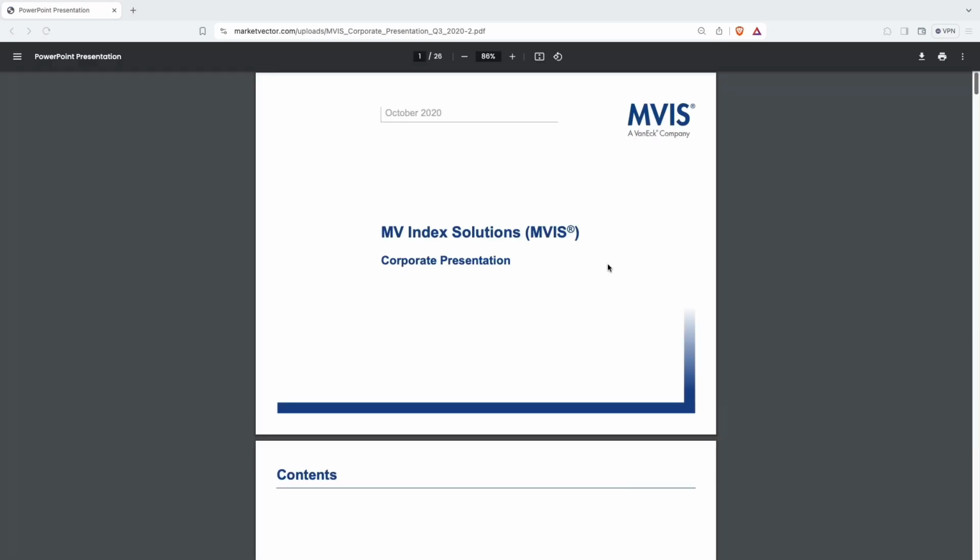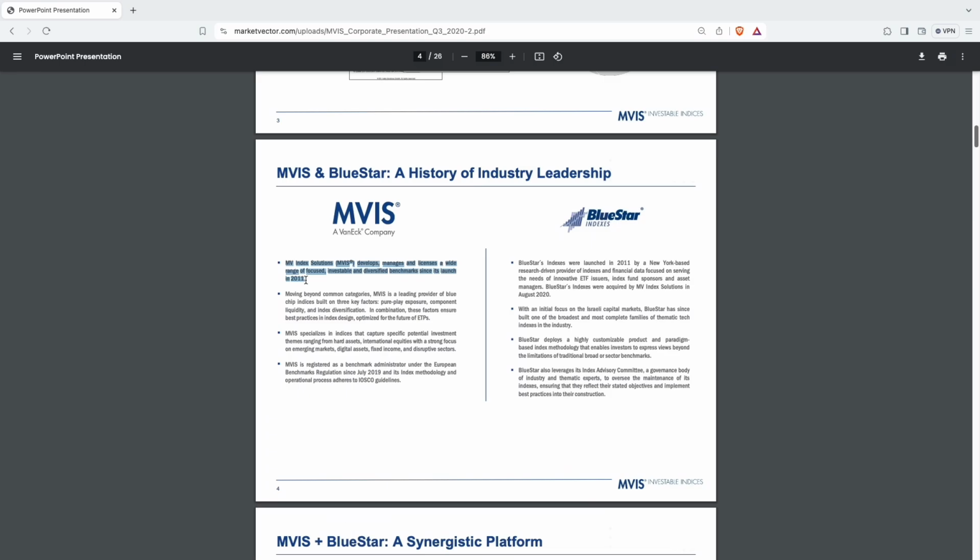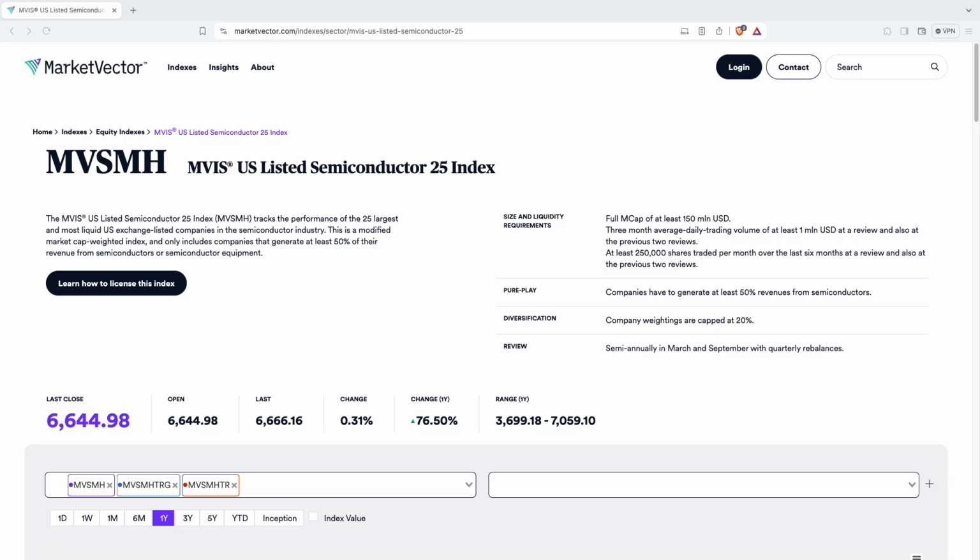So here what I have pulled up is the MVIS, MV Index Solutions, corporate presentation. Going down here on page 4, it shows that MVIS is a VanEck company that develops, manages, and licenses benchmarks since 2011. Now here we are at the MVIS official website, going on to the MVIS US Listed Semiconductor 25 Index. So once again, this index tracks the performance of the 25 largest and most liquid US exchange listed companies within